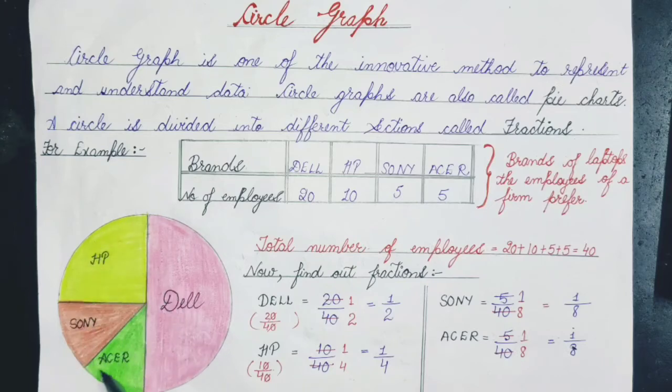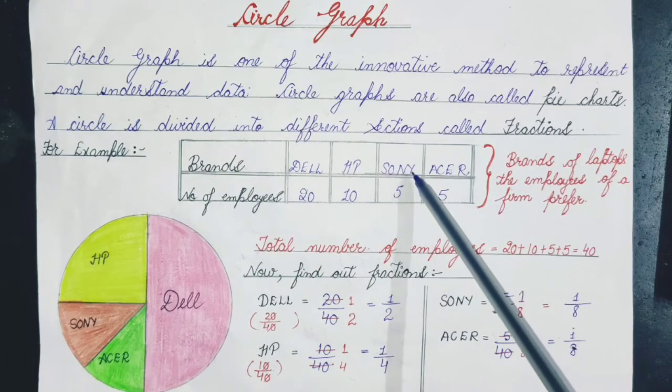Now this remaining 1 by 2 part I have to convert into 1 by 4th. 1 by 4th is, you can say in Hindi, half का भी half. So this portion was the half portion, इसका half का भी half करेंगे, so we will get 1 by 4. That's why I have mentioned HP here. This is the 1 by 4th portion of this whole circle. Clear everyone?